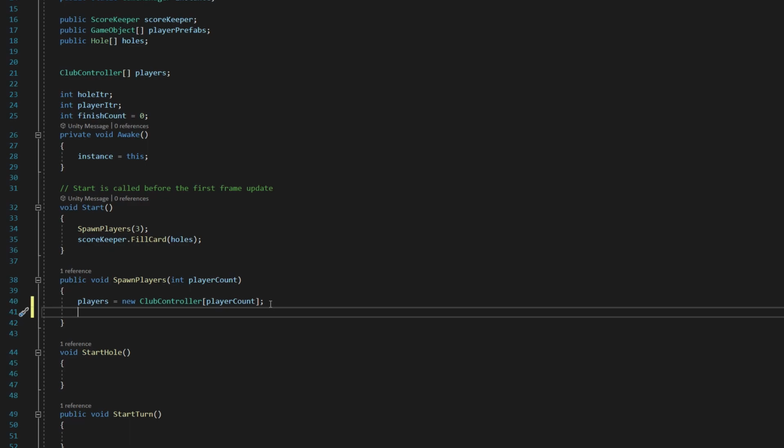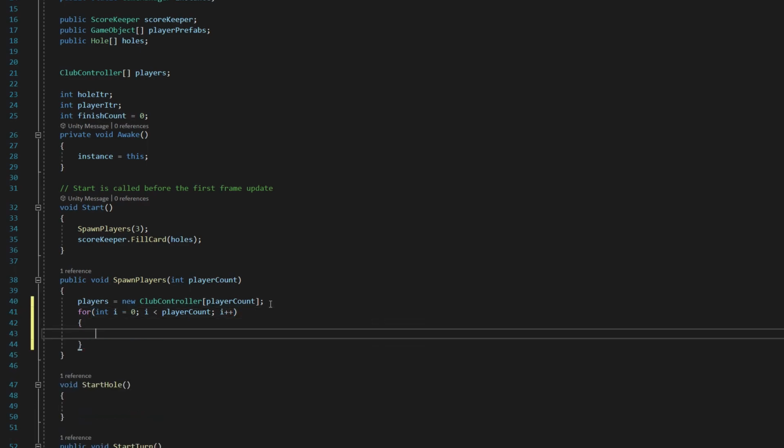Anyways, we're going to add a for loop in the next line, so we're going to say for int i equals 0, so that is our iterator. I'm going to say i is less than playerCount, so this loop will run until i is equal to playerCount, and then we say i++, because we want to add 1 to i after every loop, and then we add our curly brackets, and inside those curly brackets we're going to say GameObject club is